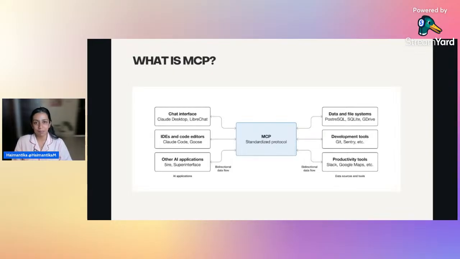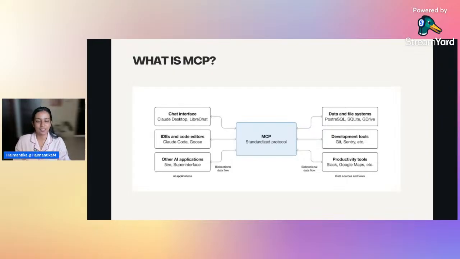We have a USB-C adapter. My webcam, my monitor, everything is connected to my laptop with the USB-C port. So let's consider that my laptop could be Claude, and then my webcam and my monitor are the third party tools, and the USB-C adapter that I have is the MCP server.